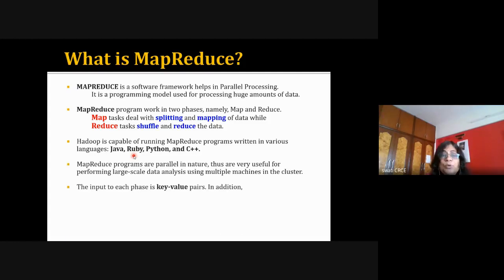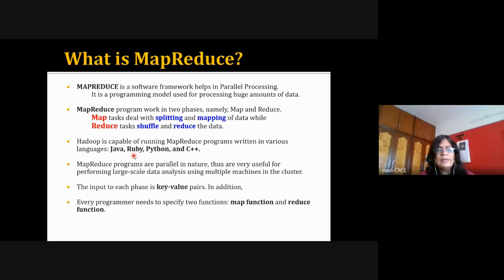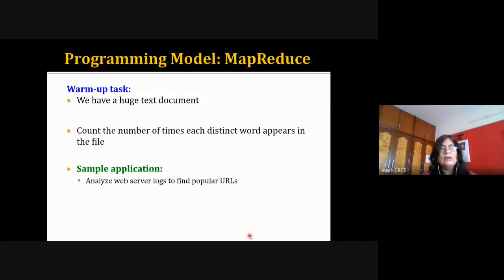Okay, then input to every phase is a key and value pair, and the output of the previous step is acting as an input to the next step. So everything is in the form of keys and values. Even your input to the mapper is also in the form of key and value. So the programmer has to concentrate on mapper and reducer only. The system is going to manage the parallel execution of the tasks and coordination between the tasks, because you need lots of coordination among all the components and all the tasks, so everything is taken care of by the framework, which we don't have to worry about.